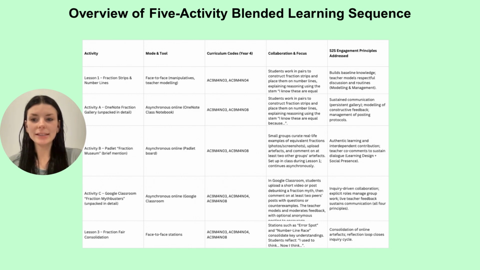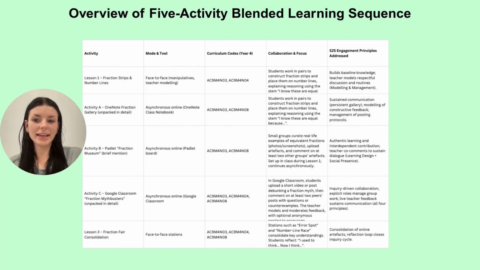This unit moves from hands-on modelling to online collaboration and back to classroom consolidation. Lesson 1 starts with a face-to-face task where students build fraction strips and number line benchmarks in pairs, explaining their reasoning. This shared language then flows onto online spaces. Students next take part in 3 online activities: OneNote, Google Classroom, and Padlet, where they co-create, share, and give feedback on each other's fraction models, extending the discussion begun in Lesson 1 and building genuine student-to-student interaction